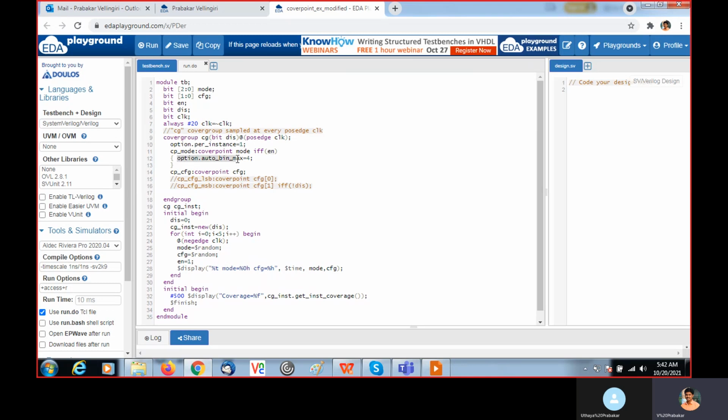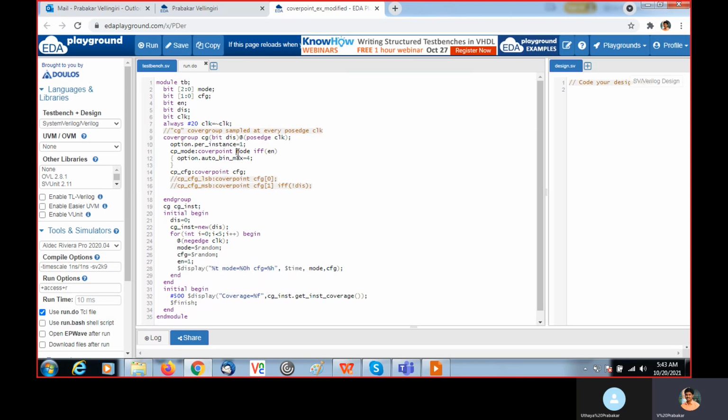Here we can mention the cover bins explicitly. Here I use the option.auto_bin_max option, which I mentioned as 4. That means the maximum it will create is 4 bins.